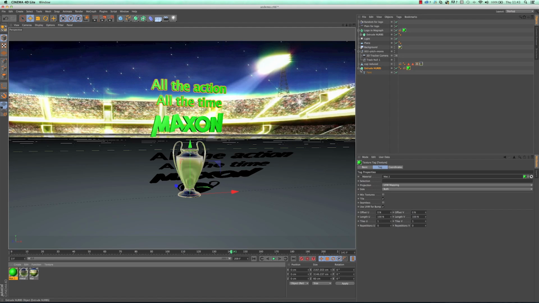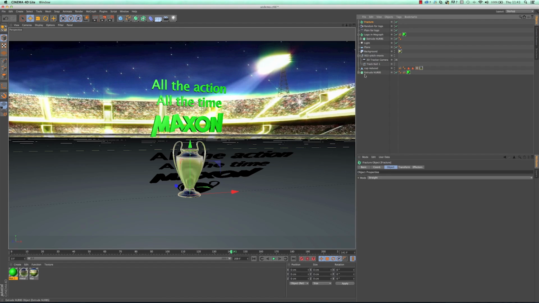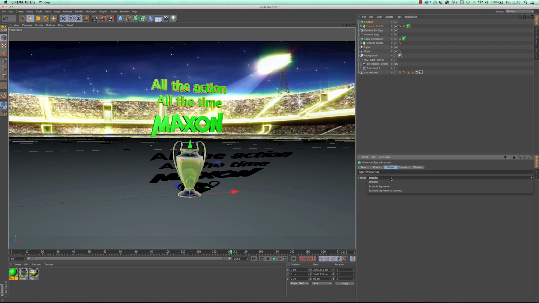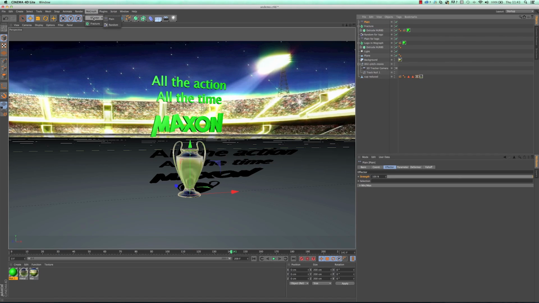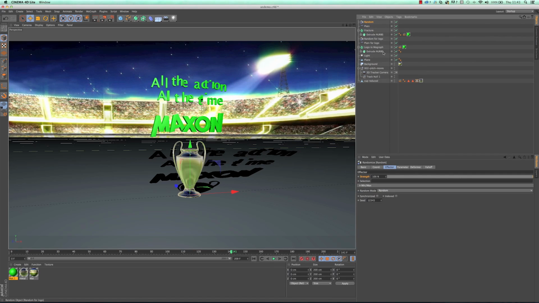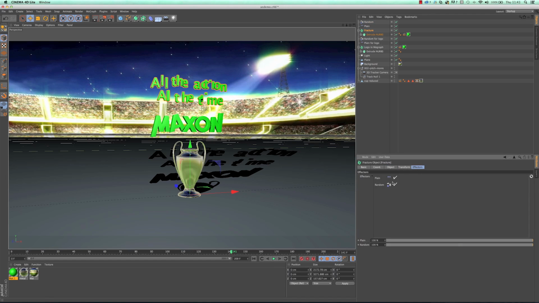And the effect that I want to do, I want to create a new fracture. So I'm going to go fracture. I could use the one that I've got already, of course, but I'm going to do a new one. Drag the object in, choose mode, explode segments and connect, and then I will add some effectors again. So I'll go MoGraph effector plane, MoGraph effect, and then make sure I've selected the fracture again. Go MoGraph effector random, and just check that they are in, which they are.